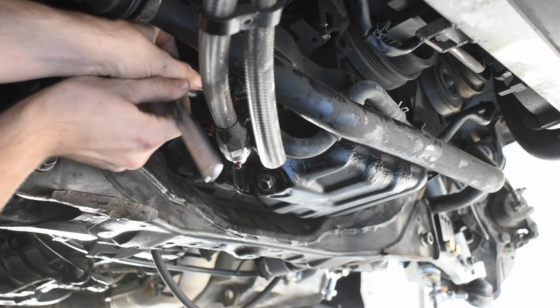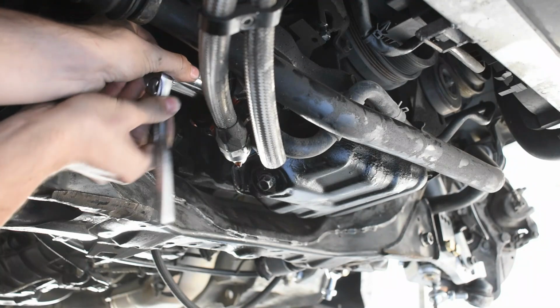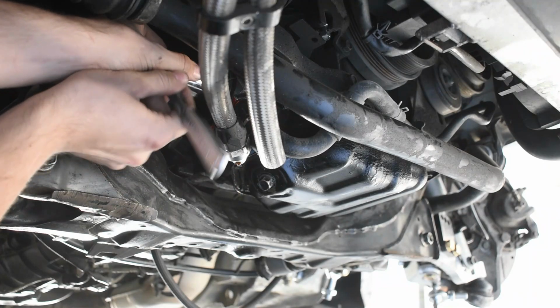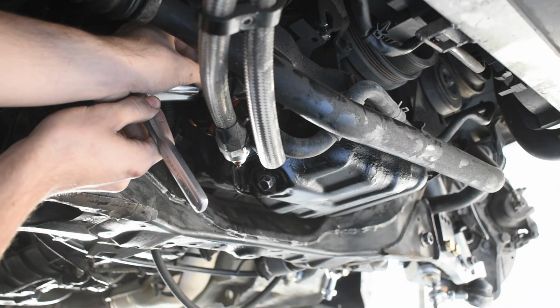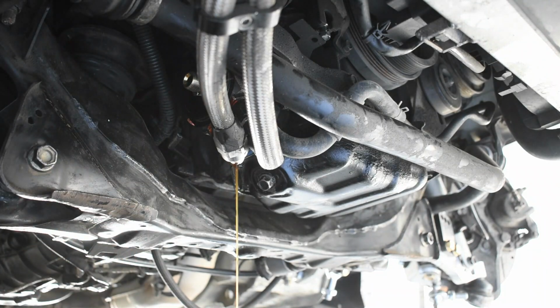Again, that's a 22mm bolt. I'm actually using a 1-inch socket because I don't have a 22mm, and it was fairly loose, and that's working out pretty well. Being that it was loose might actually be a little concerning. Maybe that was part of the entire issue. Anyways,